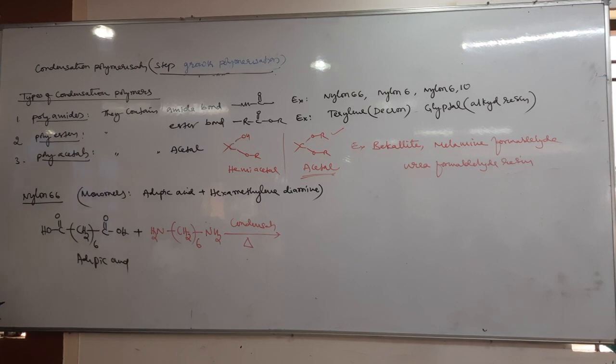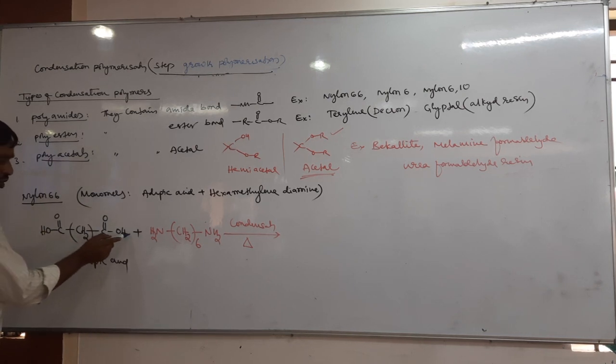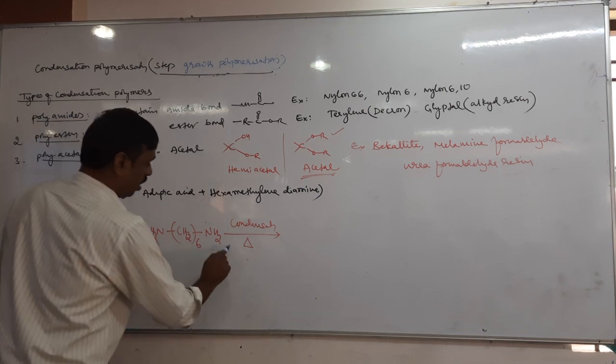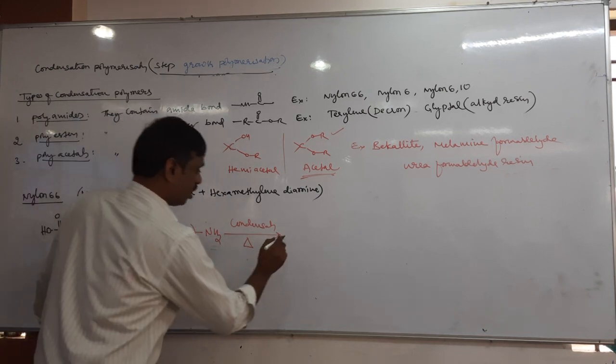Now tell me, to remove the water, last class also we studied, there is an OH group in the carboxyl group and hydrogen from the amine. Wherever it comes in organic chemistry, remember that to remove the water, we must remove the OH from the carboxyl group only. Suppose alcohol is there, alcohol and carboxyl group both have OH. In that case, again the carboxylic acid OH should be removed. So OH must be removed from carboxylic acid, H from the other compound.